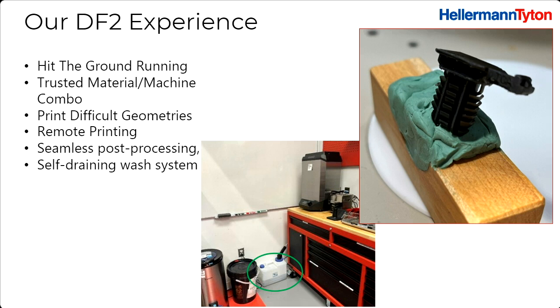So it sounds silly, but this is something we've loved about this wash station and system, is that it has a self-draining feature. So you don't have to worry about tipping the bucket over and pouring it into another bucket when you want to empty it. You can just hit the auto drain button, and it will drain the whole entire resin wash tank into that bucket, and that bucket is bigger than all the IPA that's in there. So we can constantly keep the IPA fresher for longer by using a smaller quantity and constantly draining and replenishing it, which makes it so much easier to use when you're dealing with